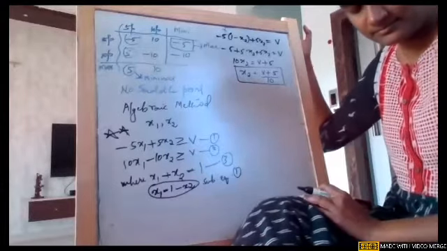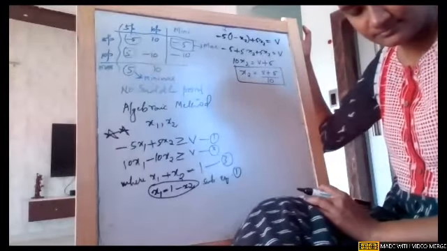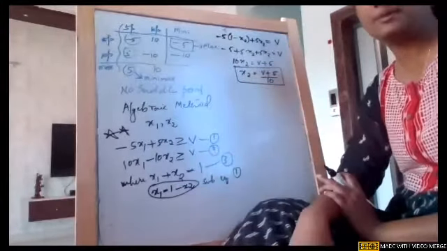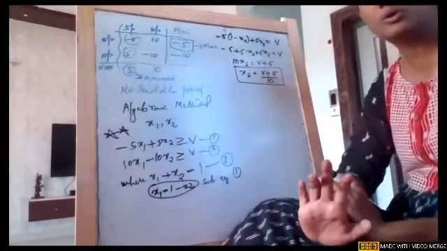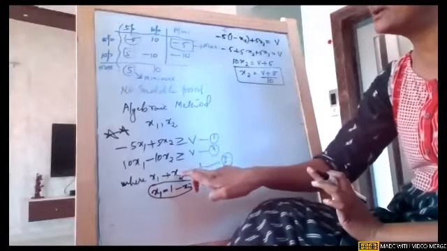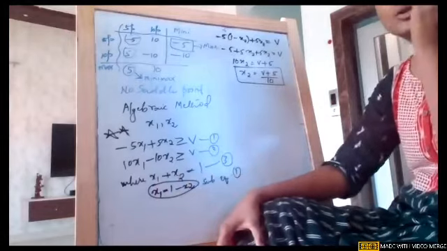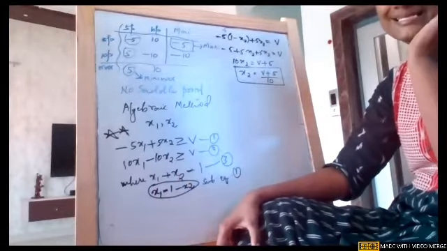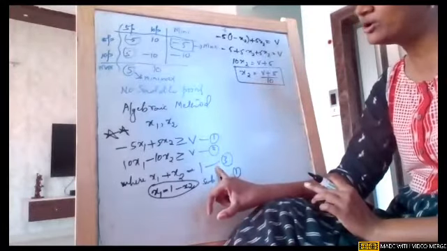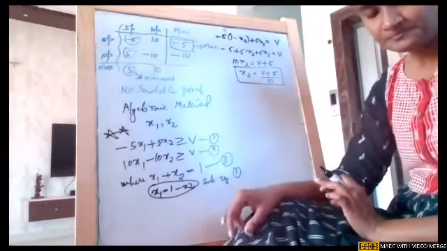Ma'am, the third equation should always be x1 plus x2 equal to 1 only. Yeah, the third equation will always be the same. It is always x1 plus x2 is equal to 1 because it is nothing but the probability. The decision variables are nothing but probabilities, so as per our probability rule, they sum to 1. It is a universal rule which will not change.